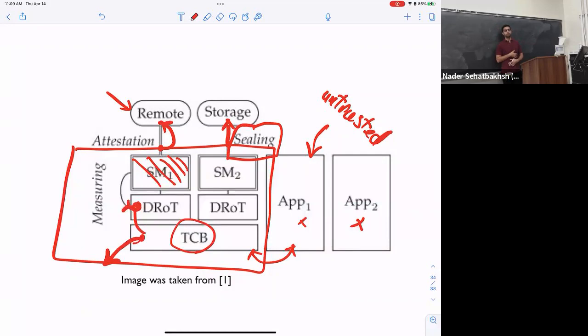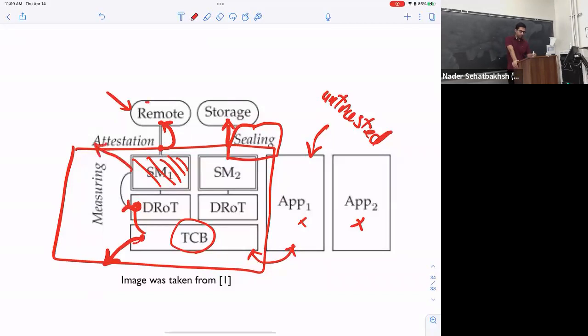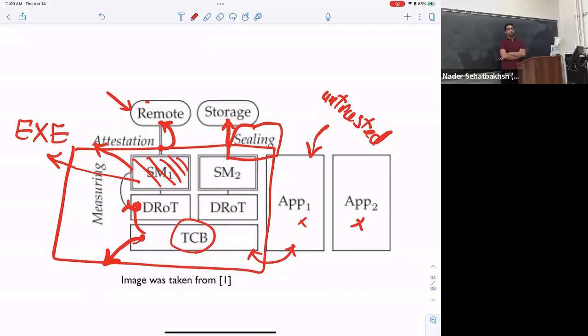So is the end goal here for the remote user to find out if the system is trustworthy, or for the system to find out if the remote user is trustworthy? No, the end goal is that this user can run the secure modules in the system. At the end of the day, what we want is to be able to execute this. So it's to find out if the system is trustworthy? Yes. Or in other words, the system is not trustworthy, but we want to run our program in an untrustworthy environment. Makes sense.